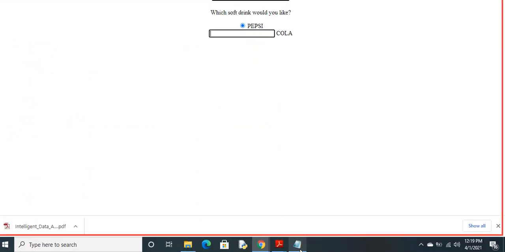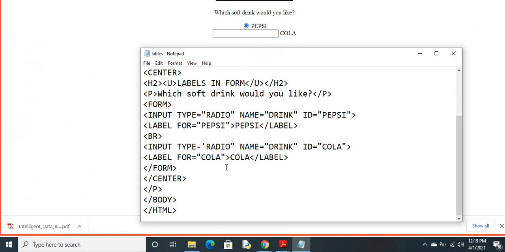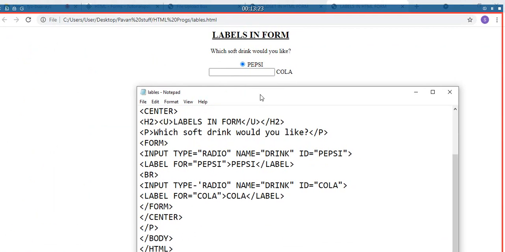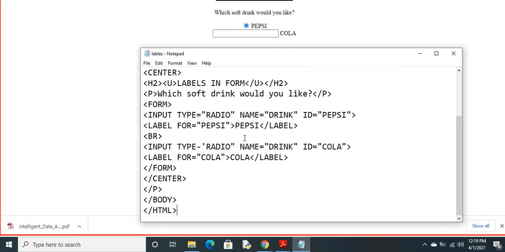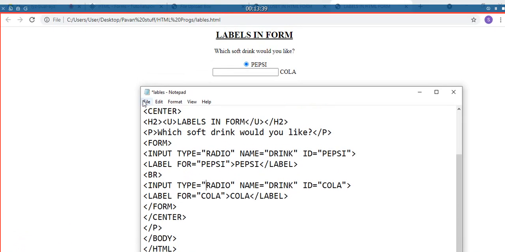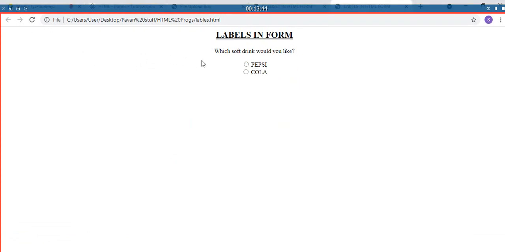Why is it a text box? Oh, okay. Type equal to... this is the mistake, a simple mistake. Save, refresh now. Okay, Pepsi or cola, any one you can select.